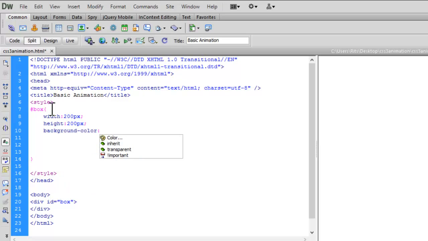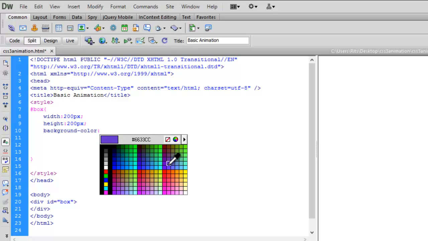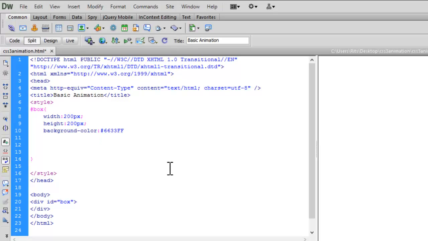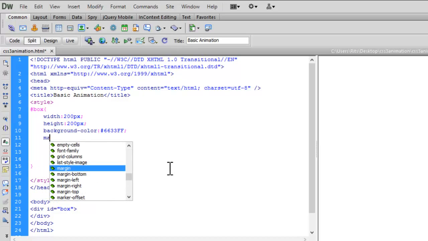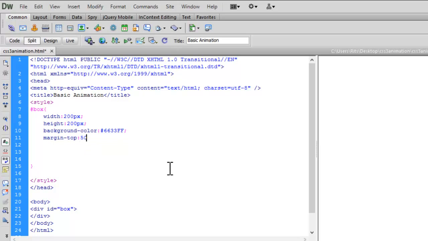Background color, let me have any background color. Say I choose this one. Let me have margin from top to be 50 pixels. Position, let me have absolute. So I want this box absolutely positioned in relation to the body of the document.